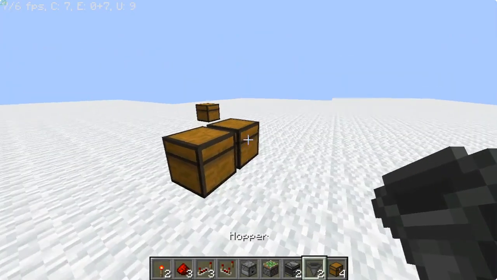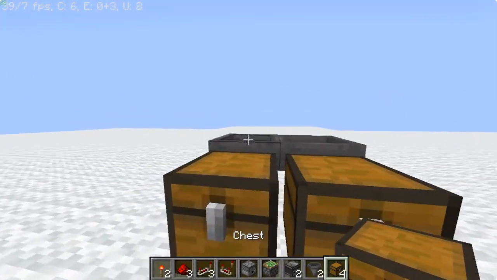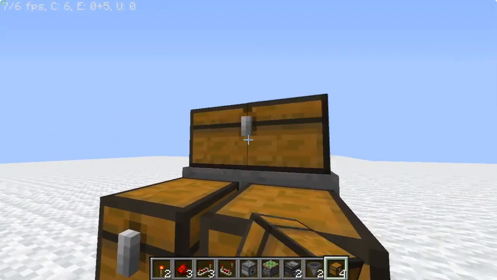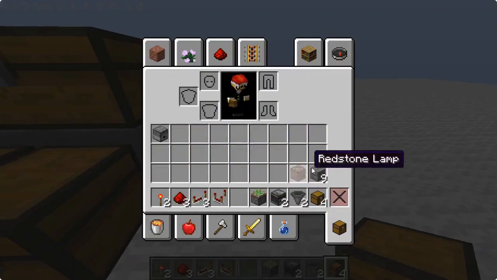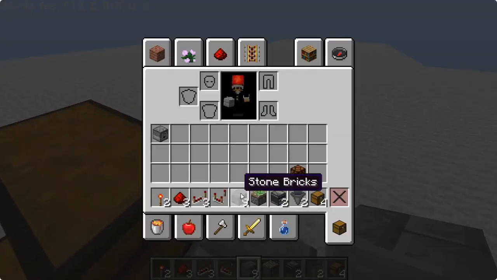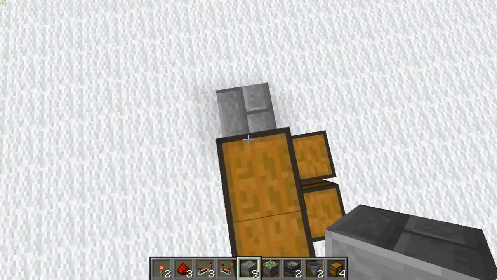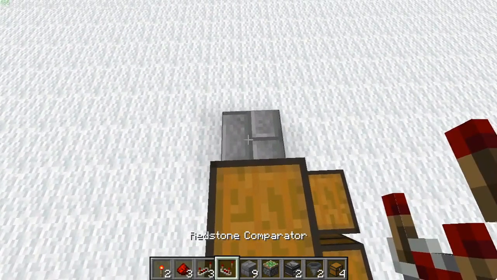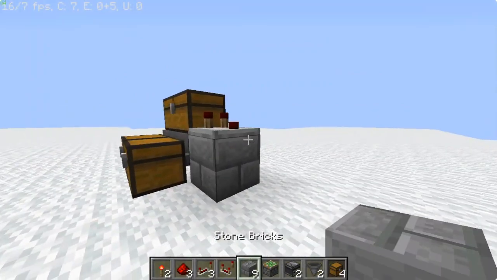And connect a hopper pointing into each of these chests, and place a double chest on top of here. This should be combined. And then you're going to want to place one solid building block. This can be any solid building block, but not something like glass, which is transparent. Place a comparator looking out of the chest, that's looking into another building block,